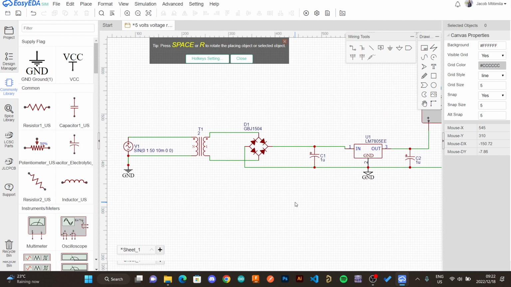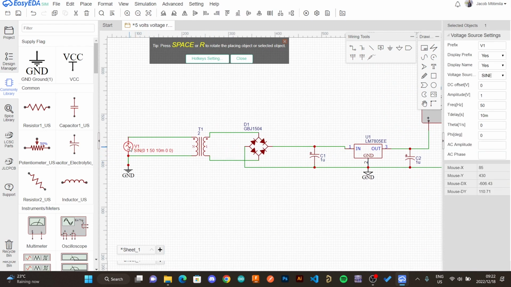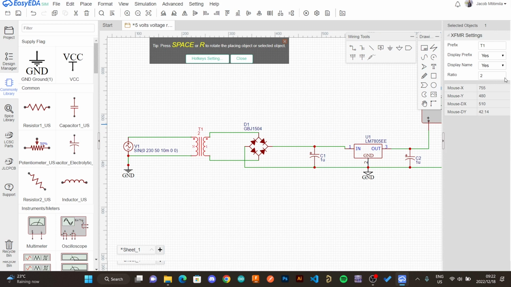So before we simulate the circuit, we will need to change some parameters. So you click this voltage supply and you change the amplitude to 230 volts. Once you do that, you are working with 230 volts mains, and click enter. You go to the transformer. So the transformer is a 2-to-1 ratio. It means the 230 volts will be divided in half, and you have